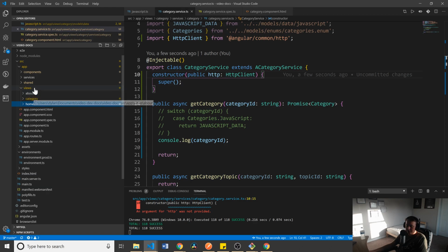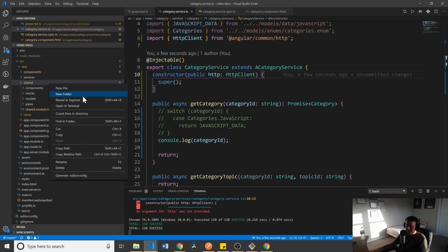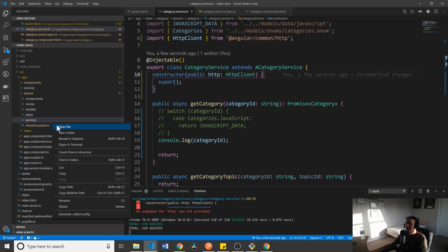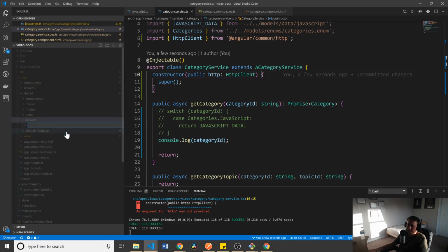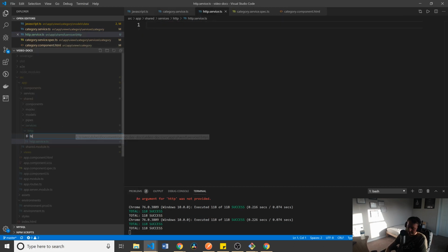And you know what? Let's do this. Let's go to shared. We're going to create our own HTTP here. The reason for it is we want to, a couple things. One, we want to be able to abstract it and mock it relatively easily, and we also want to be able to create a